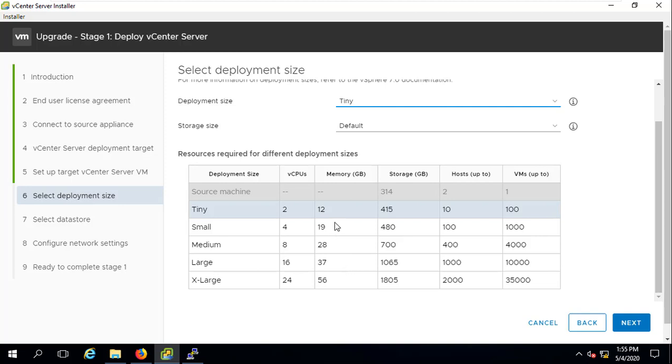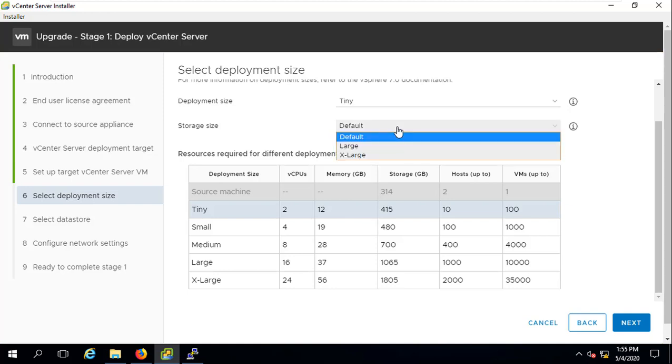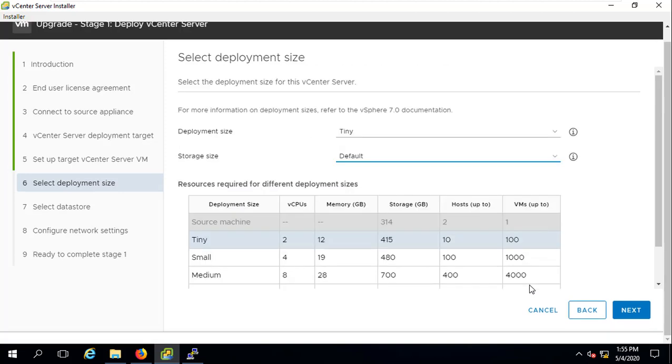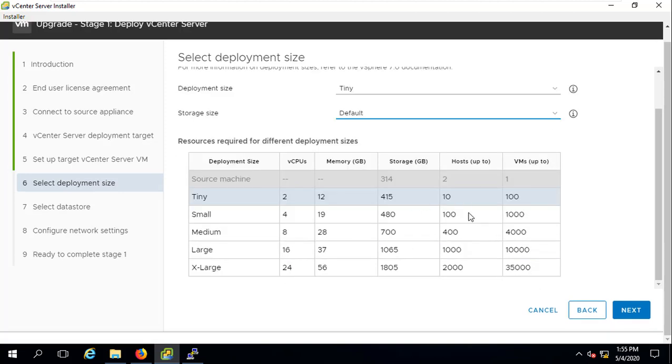Now this just happens to be a lab environment, and so I'm going to go with the tiny size. And for storage, I'm going to go with the default option. However, if I'm going to be running a larger environment with more hosts or more virtual machines, I can choose those options here. So just be aware that it's giving me multiple form factors, multiple deployment sizes here that I can choose from. So I'm going to stick with tiny and click on Next, and that should be just fine